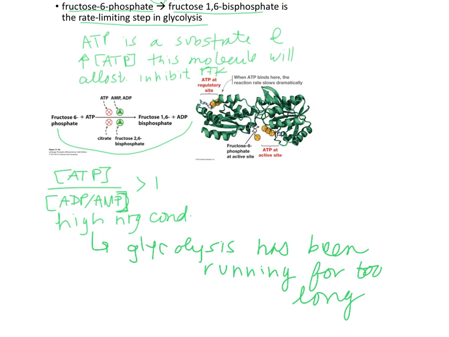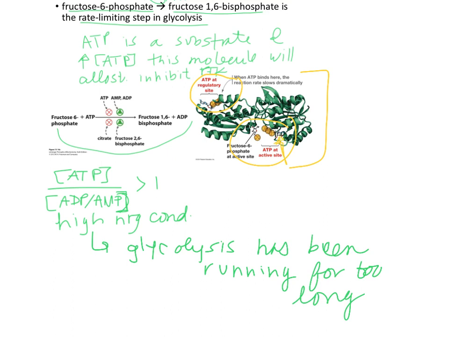So what I have right here is an image of phosphofructokinase, and at the active site, the substrates ATP and F6P bind, and at low concentrations of them, the reaction will move forward to create F16BP and ADP. However, at high concentrations of ATP, it also binds up here, which allosterically inhibits the reaction and therefore slows it down. So I wanted to give you a diagram so you can see that while ATP, yes, is a substrate,